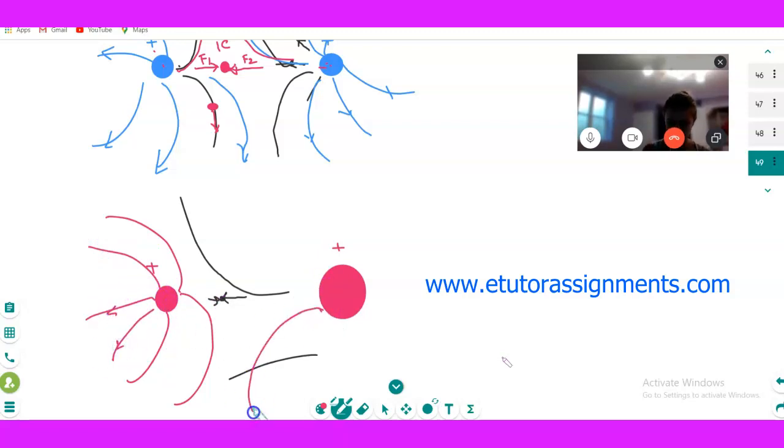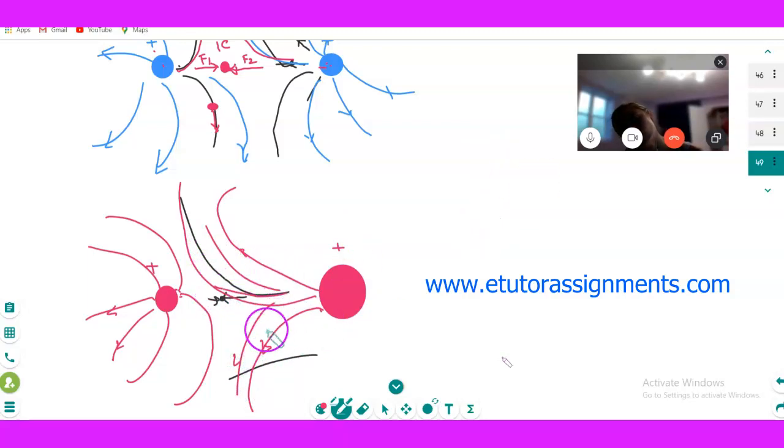But the line coming from this charge will be bigger, going more toward the closer charge. Am I right? Because the force also depends on the distance. If the distance is more, the force will get less. See, there are two ways of increasing the force: either you increase the charge or reduce the distance. Am I right? So like this it will happen. No field lines should intersect each other. This is wrong. Is it clear?